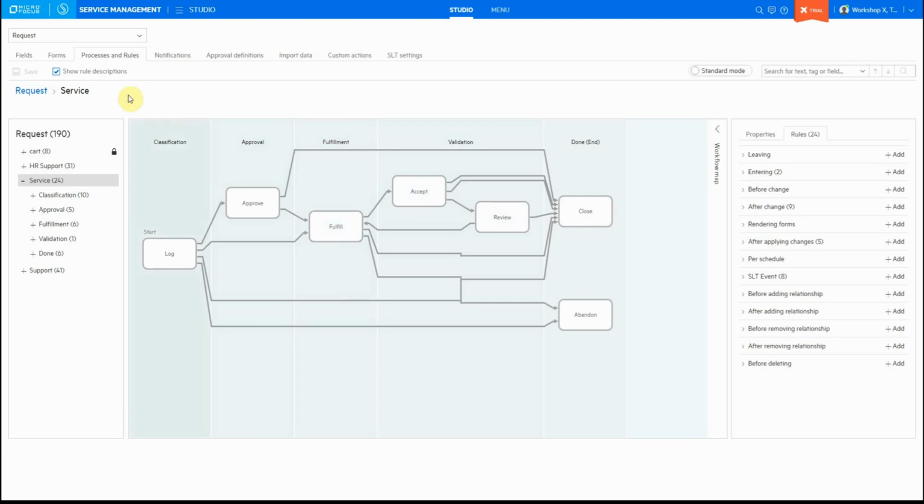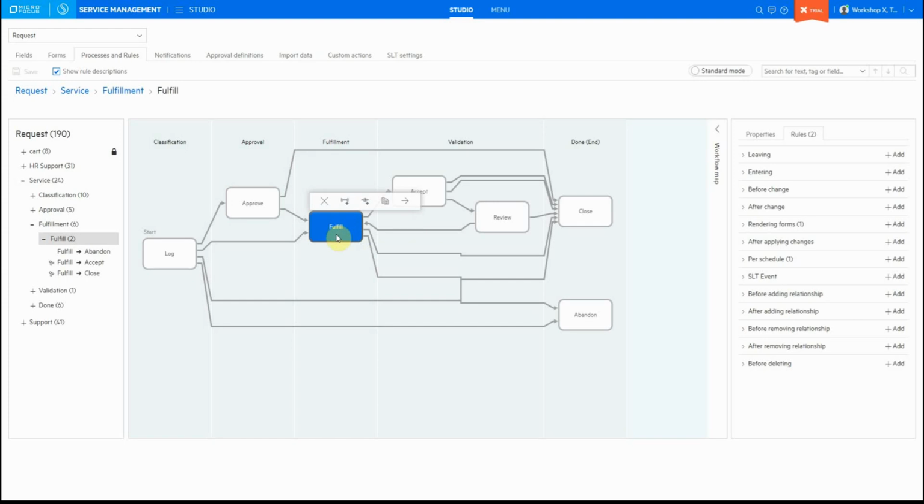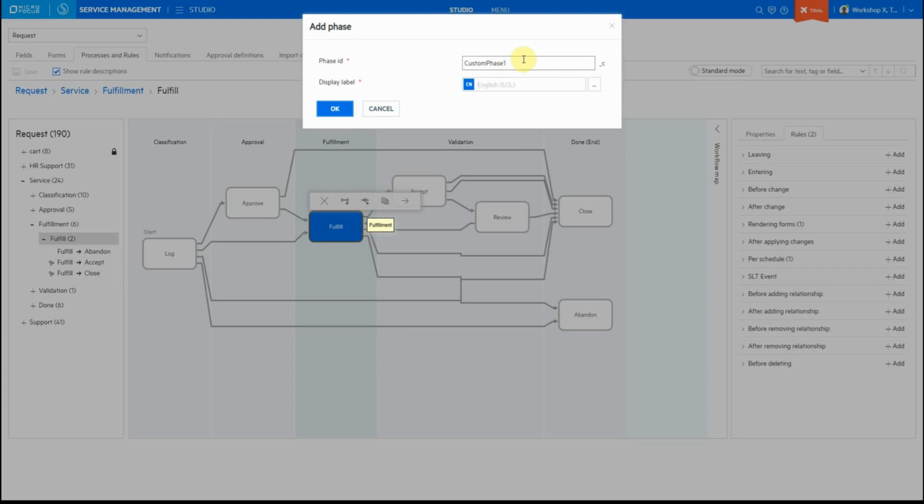To do that, we're going to start here. We're going to click on our fulfill phase. When we click on it, we get these pop-ups, and sometimes you have to hover over it. So you can add a transition, you can add a connected phase, you can duplicate the phase, or you can move this phase from one of what we classify as meta phases, these top level groupings, into a different meta phase. In our case, we're going to add a connected phase, and our new phase will be